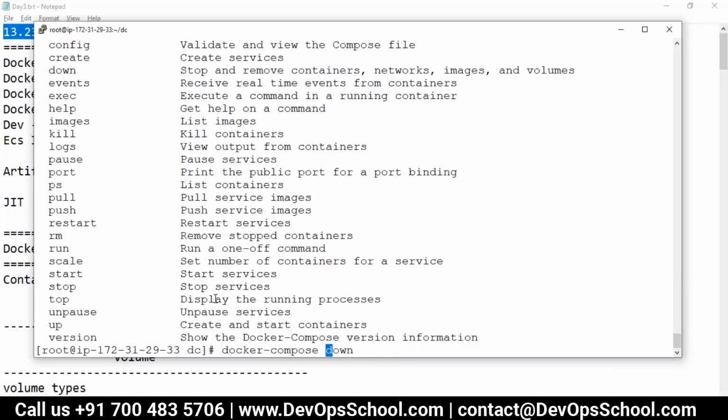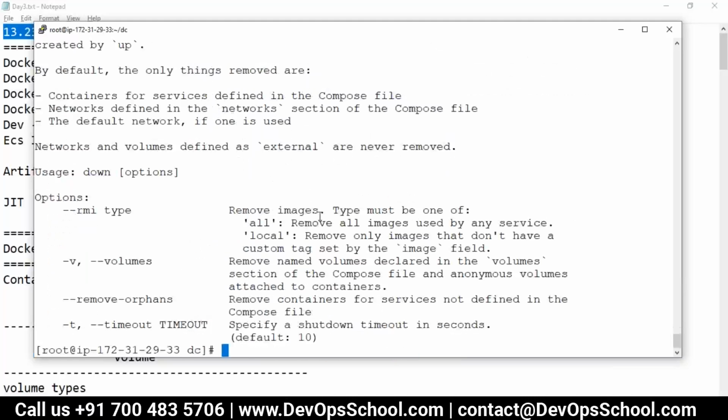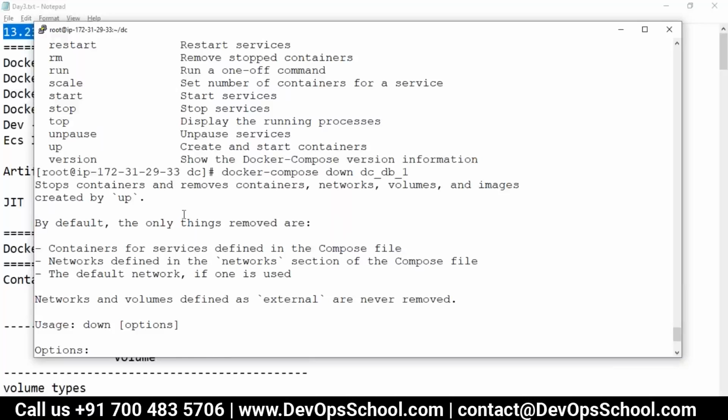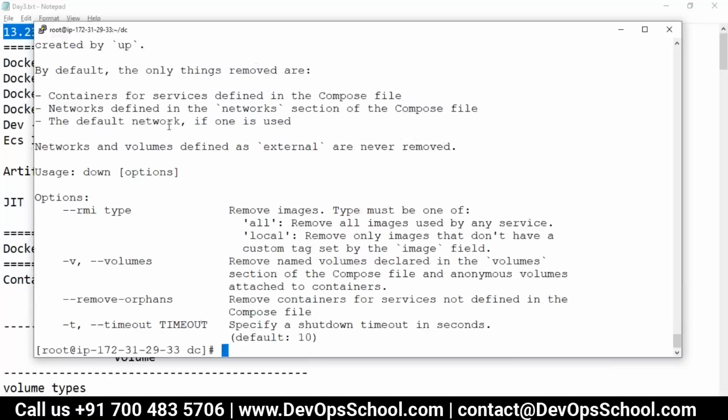Rajesh, one question. Yes. Where is this service name coming from? No, like how did we decide that name will be dc-db? What is that? It automatically gets